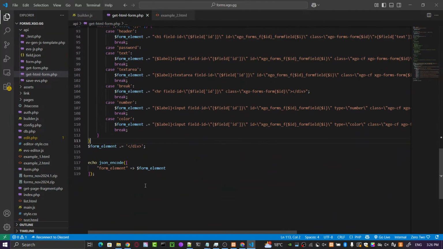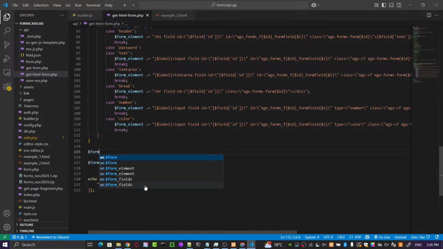That's interesting. Okay, let's add this part. Let's add the form element, and then we had this.